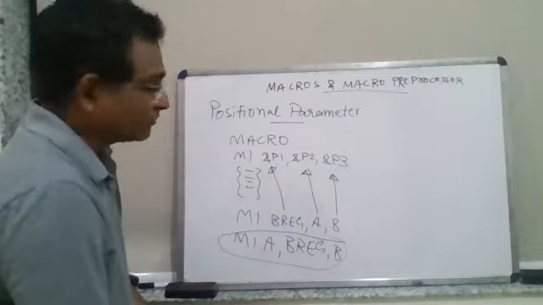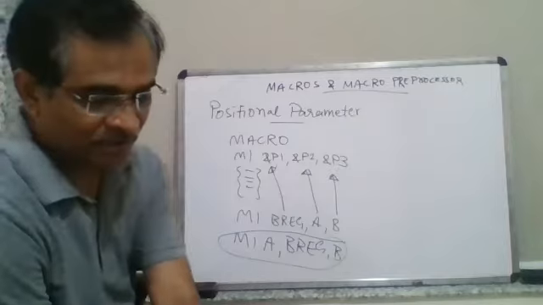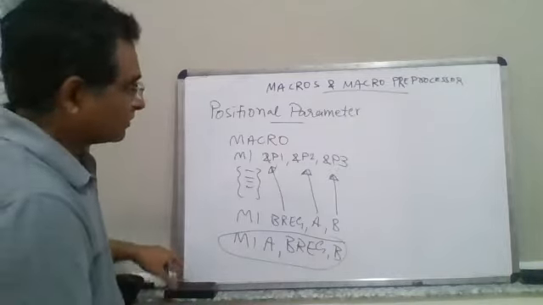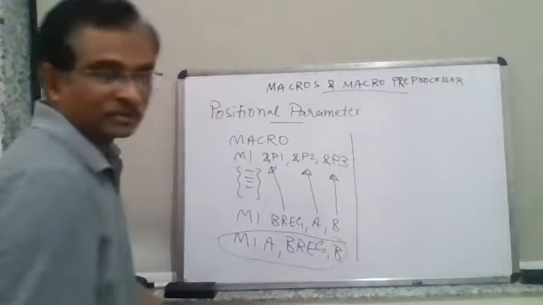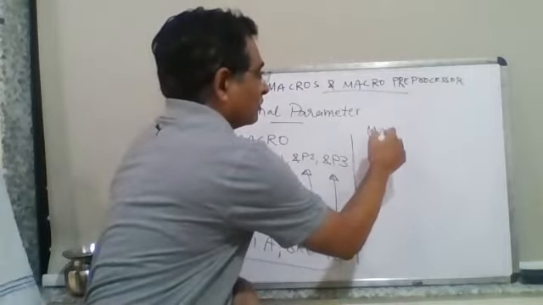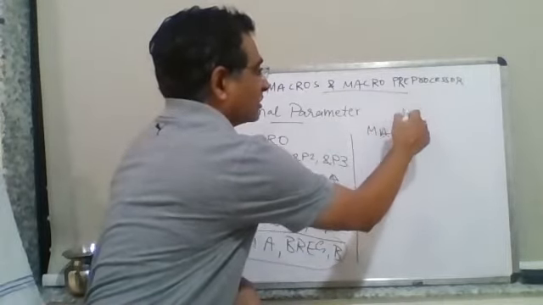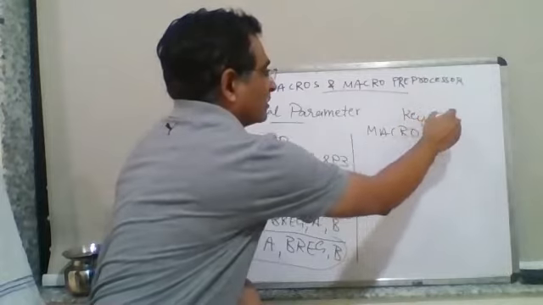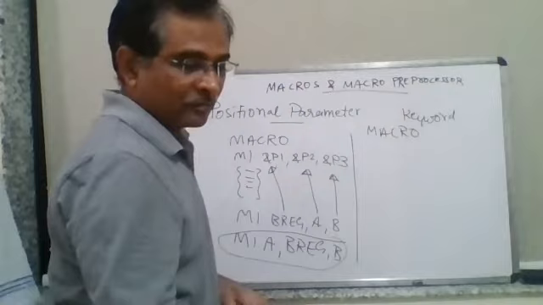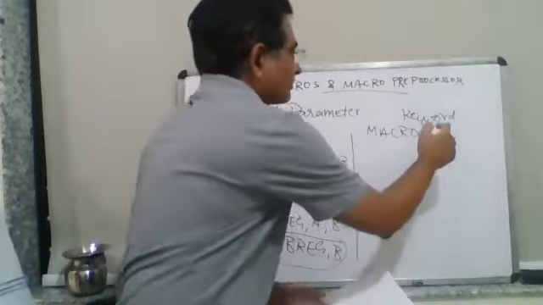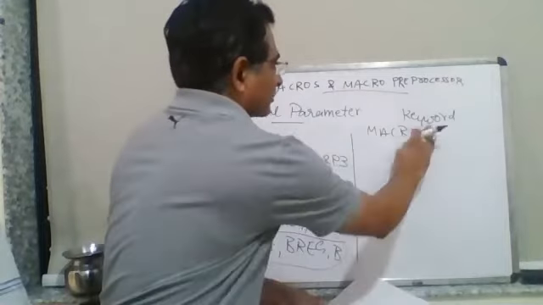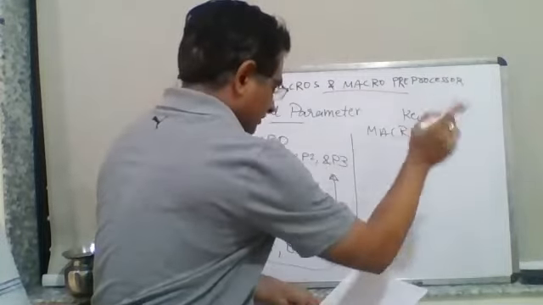So how can you specify the keyword options for the parameter? Let me give you the example for that. Okay, so what is the meaning of this? I'm saying here that there is a macro with keyword-based parameters, right? Keyword is somewhere, let's say here P. Okay, keyword, we'll do it a little later.